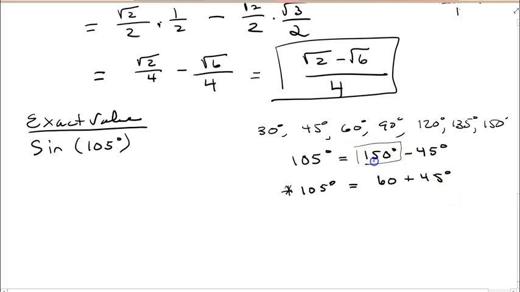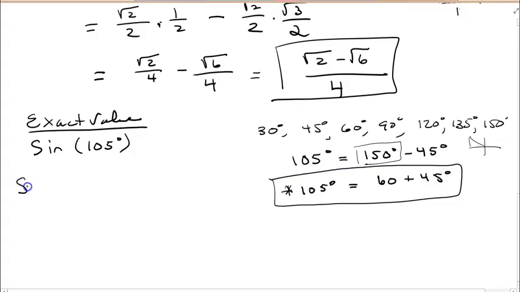With the 150, you have to be careful of the quadrant and actually use the correct reference angle. So we can go with this one and say, hey, I can rewrite 105 as 60 degrees plus 45 and go through using the sine formula. So I have sine 60, cosine 45,